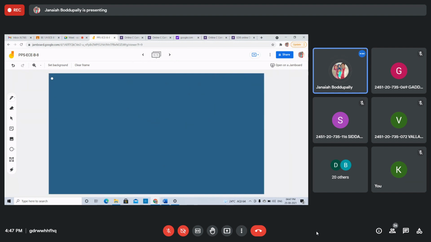See this example program: how to declare and how to access the pointer to pointer. Right? Pointer to pointer. Hash include stdio.h, void main. Students, be careful. Try to understand.